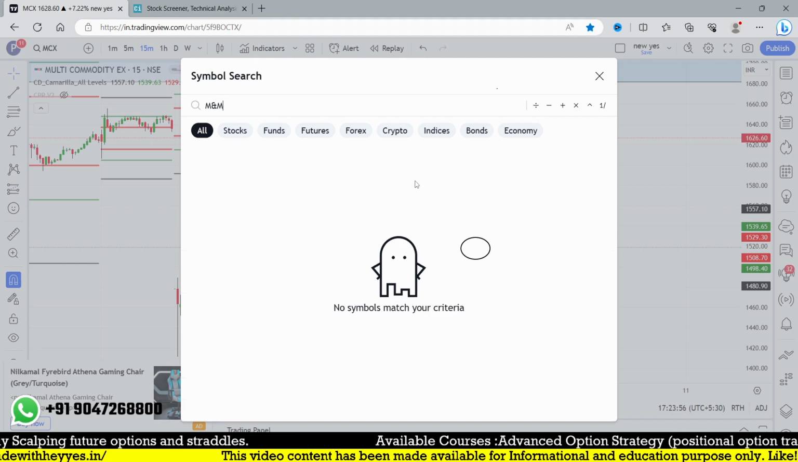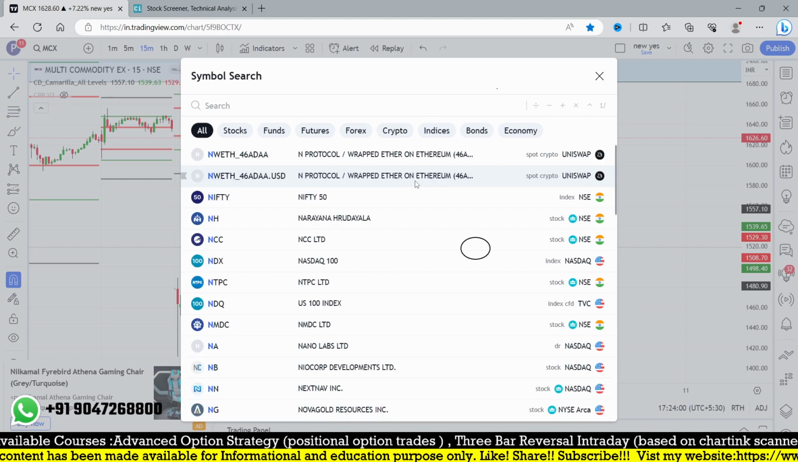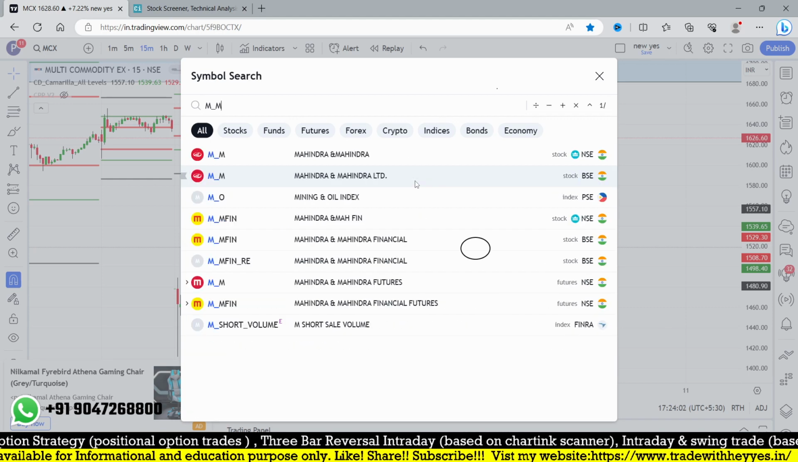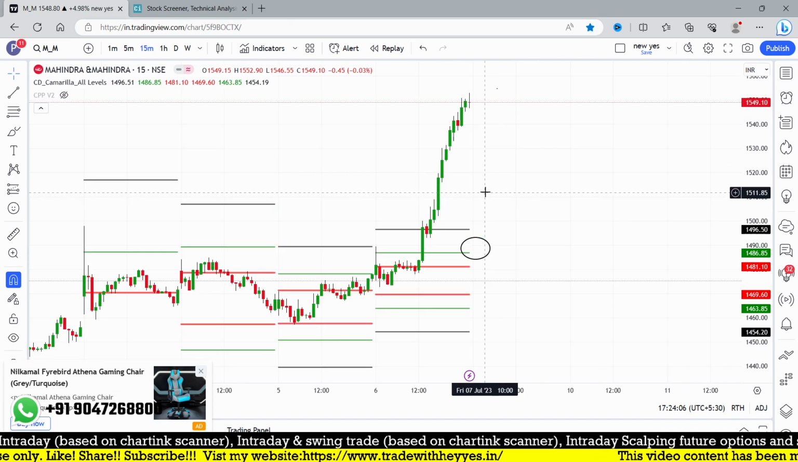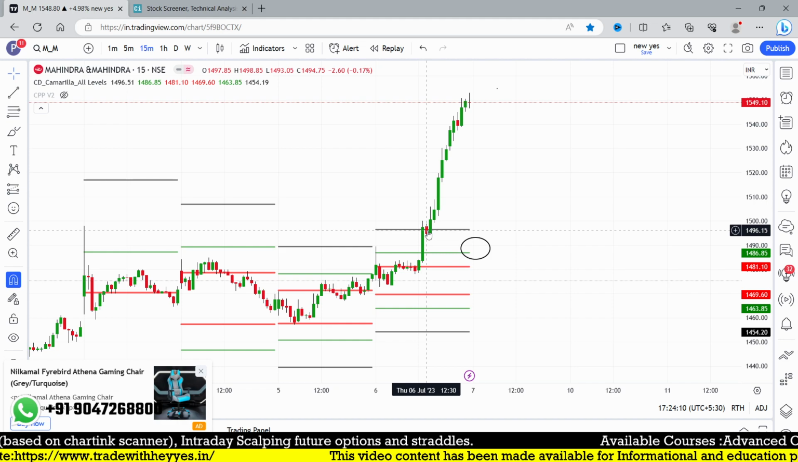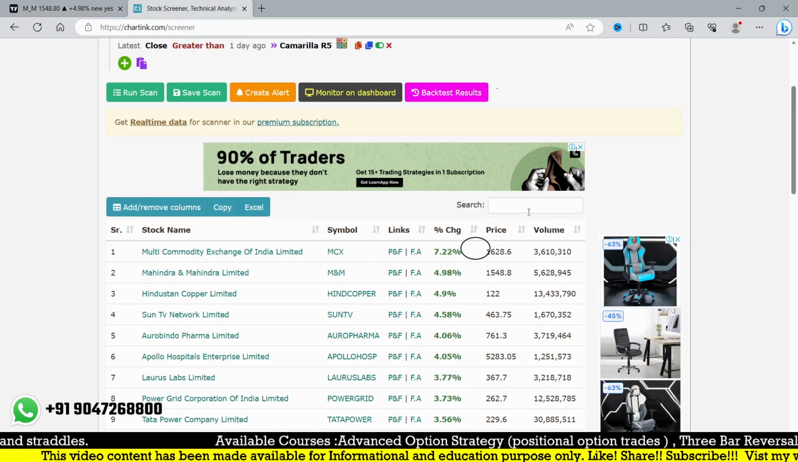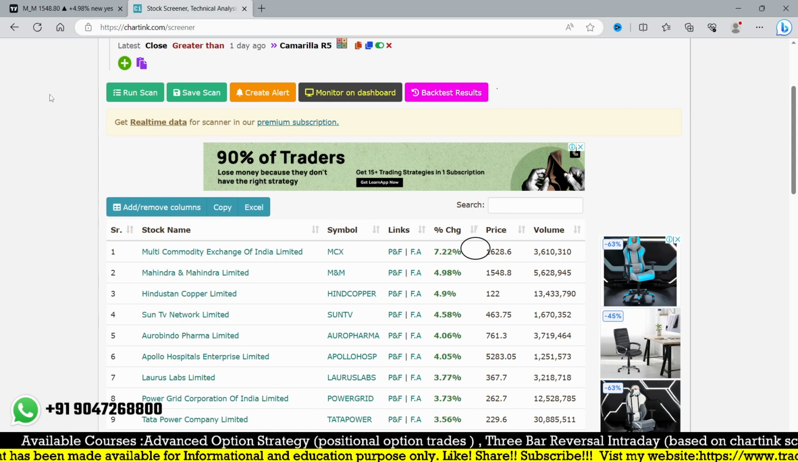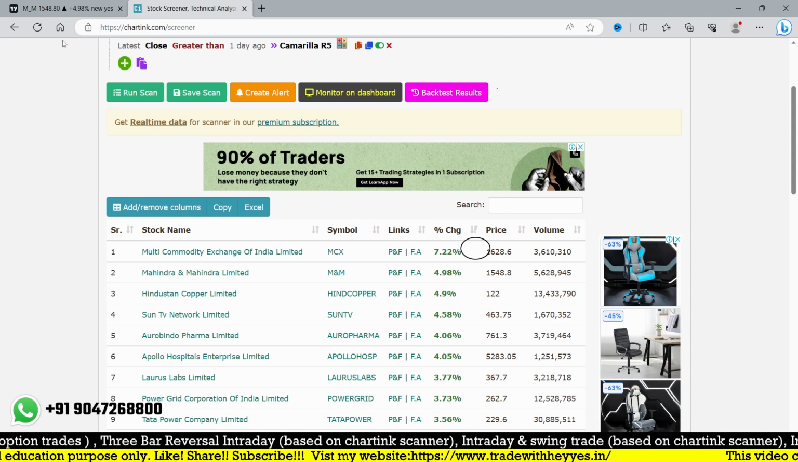M&M, Mahindra and Mahindra. That has also given you such a big breakout. So that one is a huge move. At this point, the breakout is 1496. After that, 1549. Such a big move. You can look at the movement which is happening in Hindustan Copper and Sun TV and HPC and RF